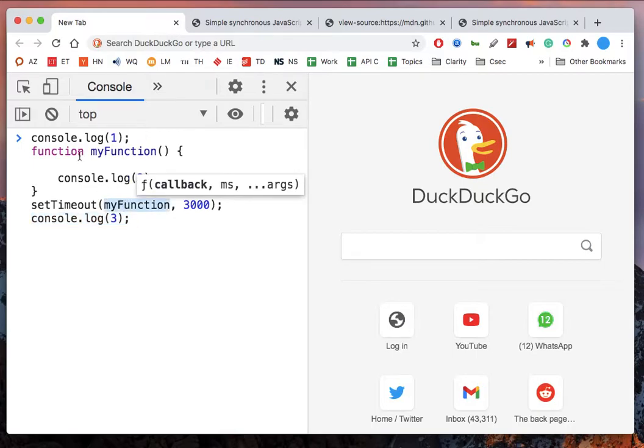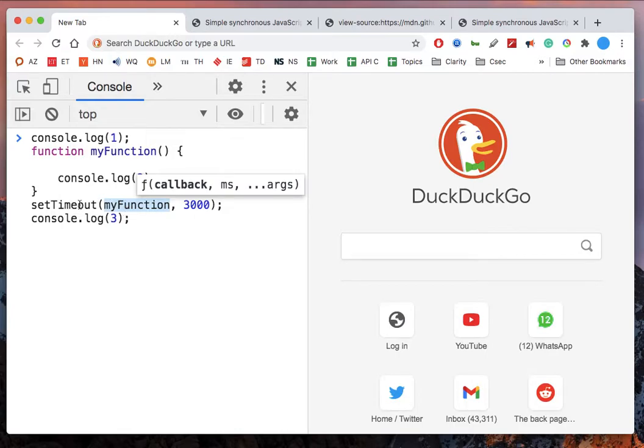But since I have defined this function inside setTimeout, what setTimeout does is it makes that function asynchronous. What happens now is my function is put on an event queue. Internally JavaScript maintains a queue where it pushes all the functions which are async in nature, all the tasks which are async in nature, right? In the restaurant example, you can think of the person taking all the orders and putting them in different queues.